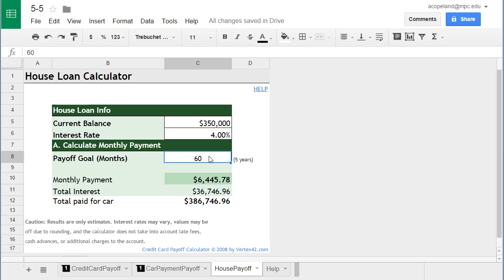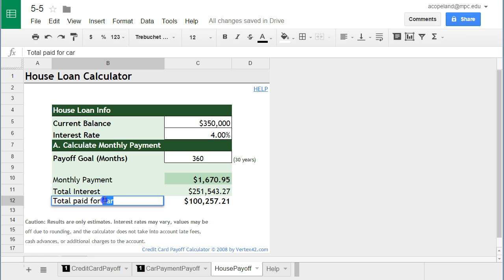And we don't pay off houses. The standard house loan is 360 months, which is 30 years. And it gives us a monthly payment of $1,670. Now the total paid for the car, and let's change that as well. Total paid for house